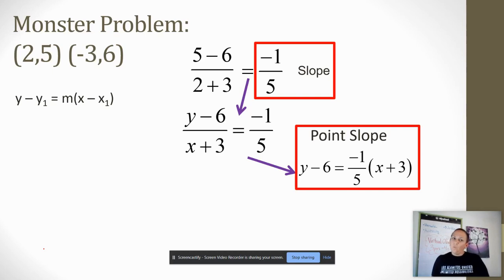But what if it's not asking for point slope form? If it's asking for point slope form, great, here we go, we got it. But it might not be asking for point slope form. There are two other forms that we could write this in. If it is not asking for point slope form, we're going to come back up here to our slope formula